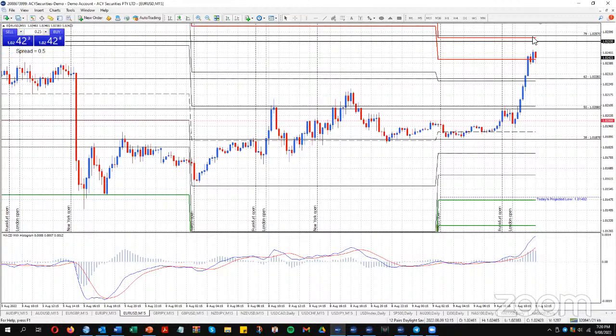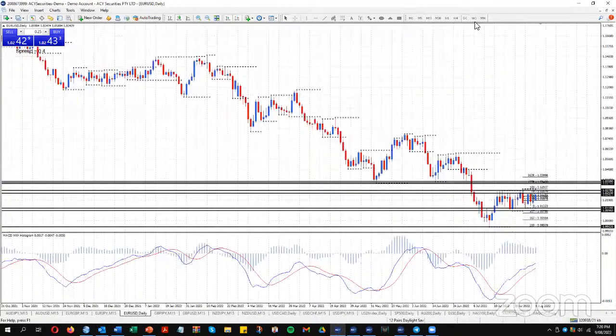So that would be a good area to see price stop at. So if you start to see a reversal there, we could well trade back down. All right, so that's definitely an area to watch within that range. But getting up to the top of the range would be more ideal. But price doesn't always want to give you the best level. That is a good level. It's not the best level. Best level would definitely be